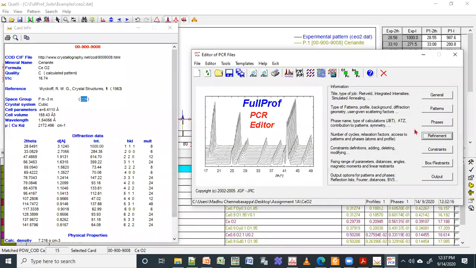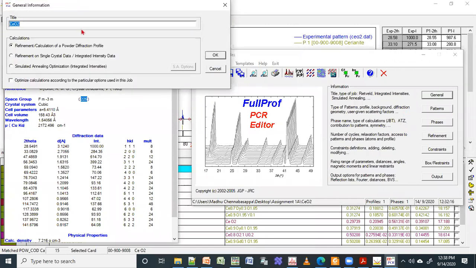So now save it. Once you come back from each thing, you have to save it. Okay, so don't touch the last 3. Don't worry about the last 3. We are taking into care only the first 4. Okay, so I went to general, I put a name CO2.